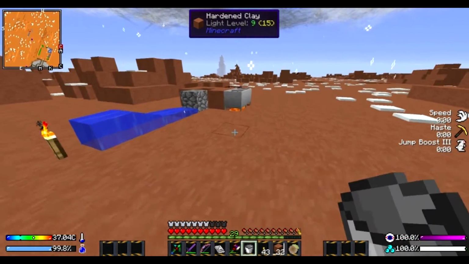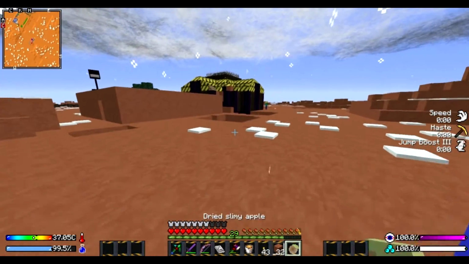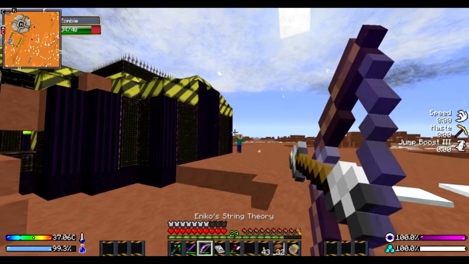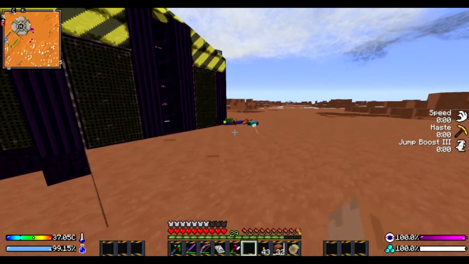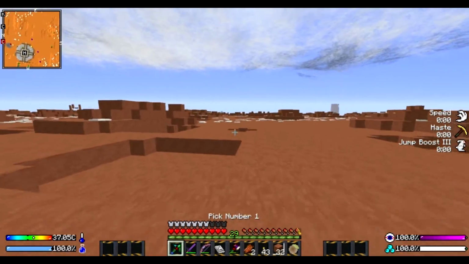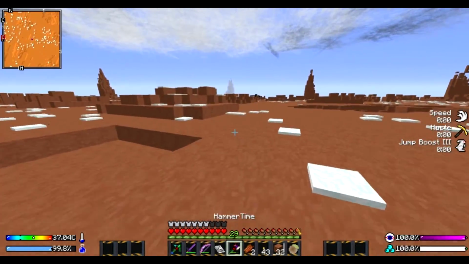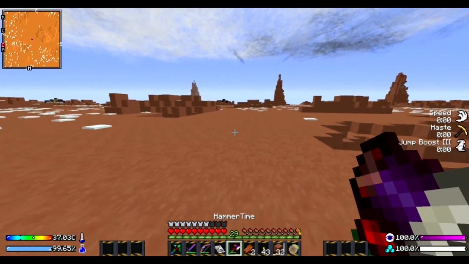You need to grab a bucket of lava out of here. You can grab it right out of there. And we're going to throw that up there so it doesn't burn us. Let's take out this guy, because he's got a helmet. And let's go over to one of these stupid things that we were trying to conquer before, and dump some lava down there. If that doesn't work, then we can just